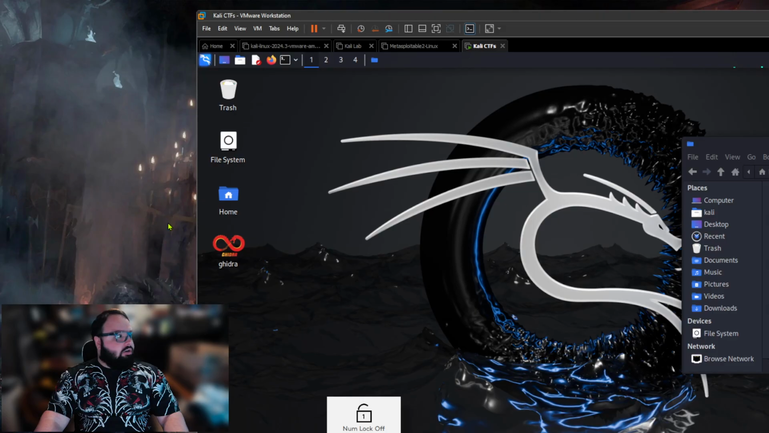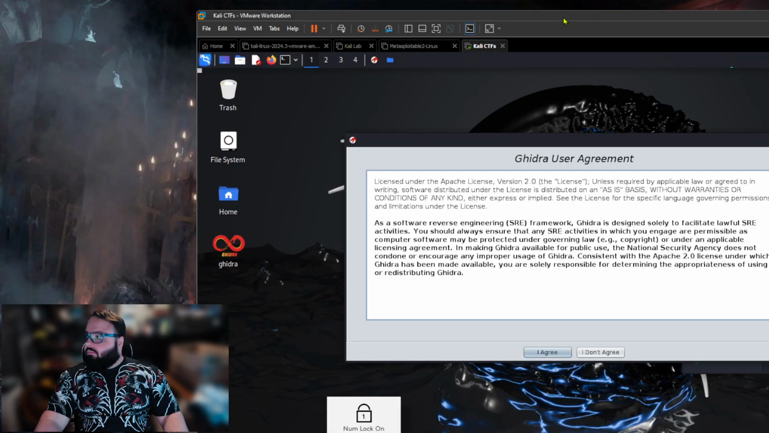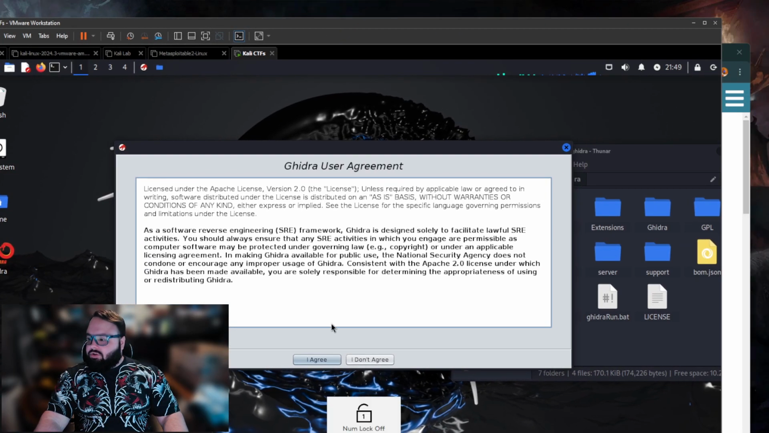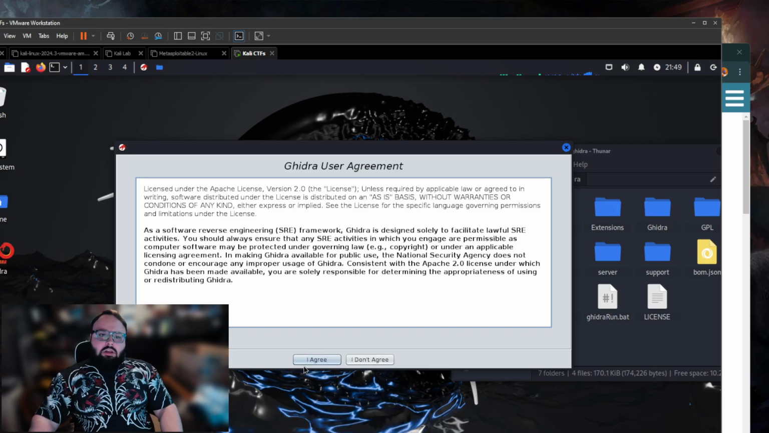As you can see, it is on our desktop, and if we select that, we will get it up and running. And here we are, Ghidra's user agreement. Get into the